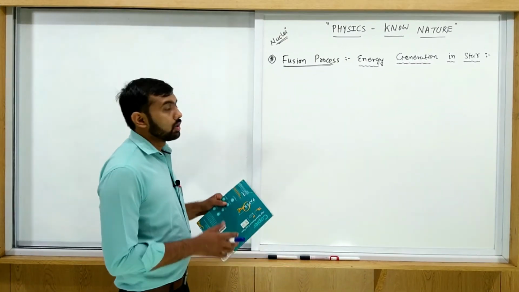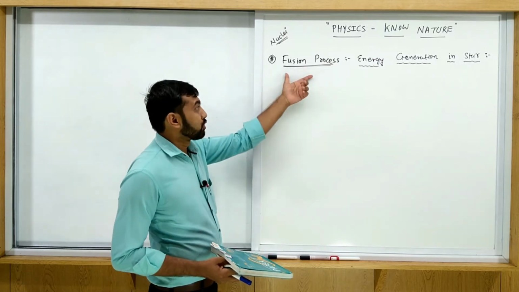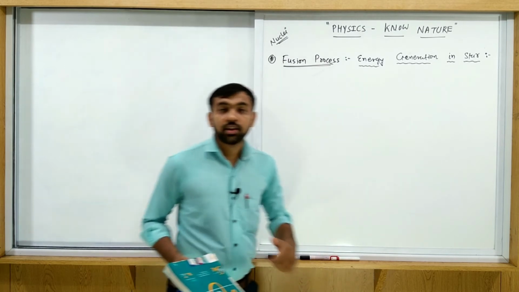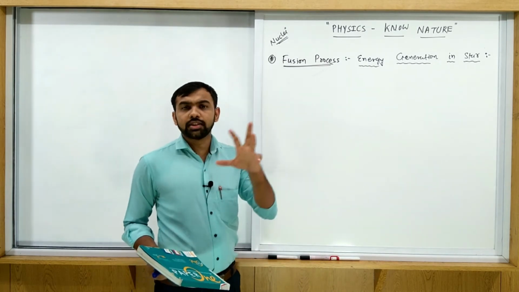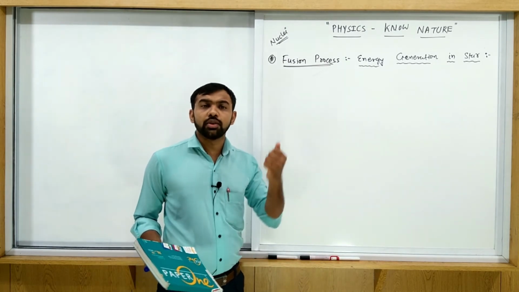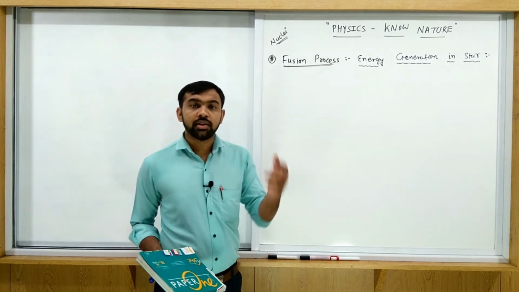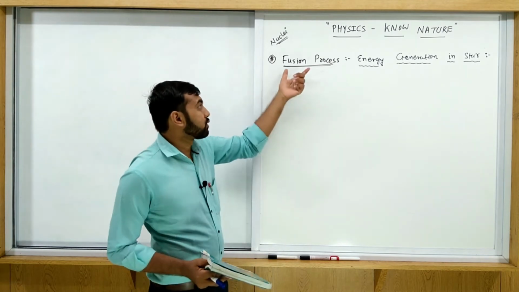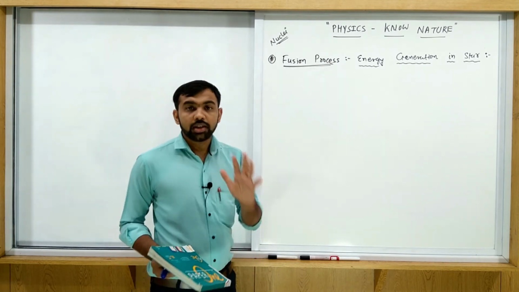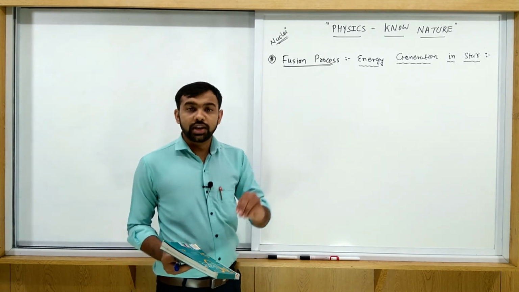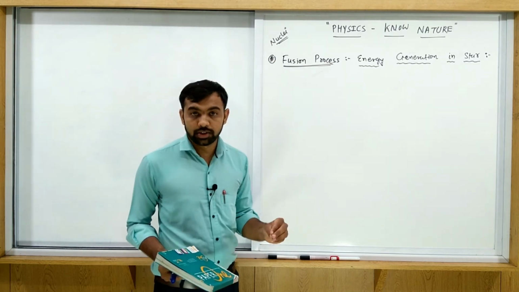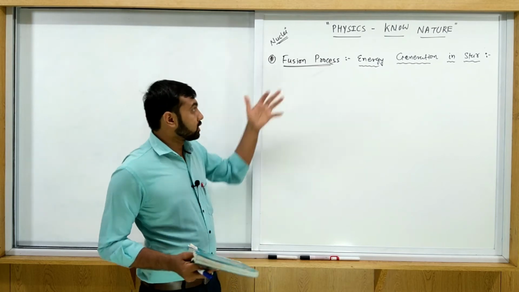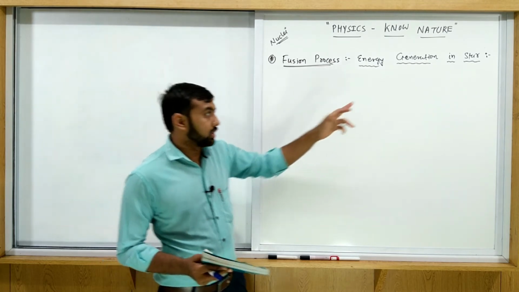Let us discuss the fusion process in stars, how energy is generated in a star. If you consider the core of stars, the temperature is much higher, 10 raised to 6 to 10 raised to 7 Kelvin. Because of this high temperature in the core of a star, this type of fusion process is possible. In real life it is quite difficult to maintain such a high temperature in any particular place, so this process is only possible in a star.